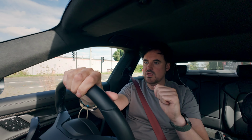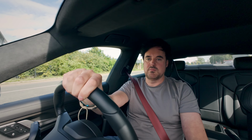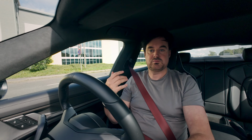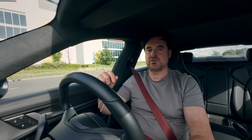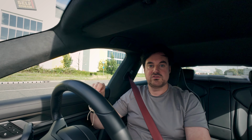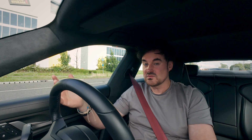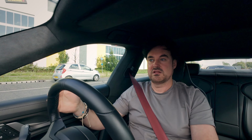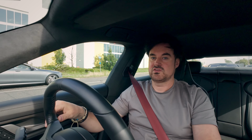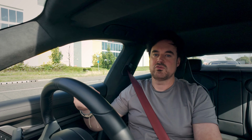So get your car booked in as soon as you can, but don't let it stop you enjoying your Taycan in the meanwhile. And if you want to inspect your hoses yourself, especially on higher mileage cars that have seen a lot of use, you can use that little clip. It's quite easy to do, to have a look at both your hoses, check those kinks, see if it's worn out. If it is, you might want to maybe explain that to Porsche, get pushed down the queue, or potentially maybe even use the AA recovery service on your Taycan to get it in there as quickly as possible should you notice any damage or fraying